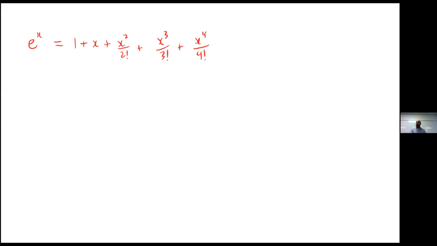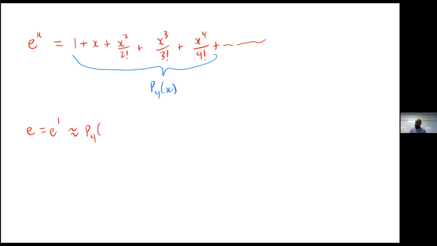What would be a good approximation for e? Think about it. By the way, this thing just keeps on going forever. But what if I just decided to truncate this thing right here? I just took P4 of x. What would be a good approximation for e? By the way, e is just e to the first. Wouldn't that be pretty well approximated by the fourth Maclaurin polynomial, P4, evaluated